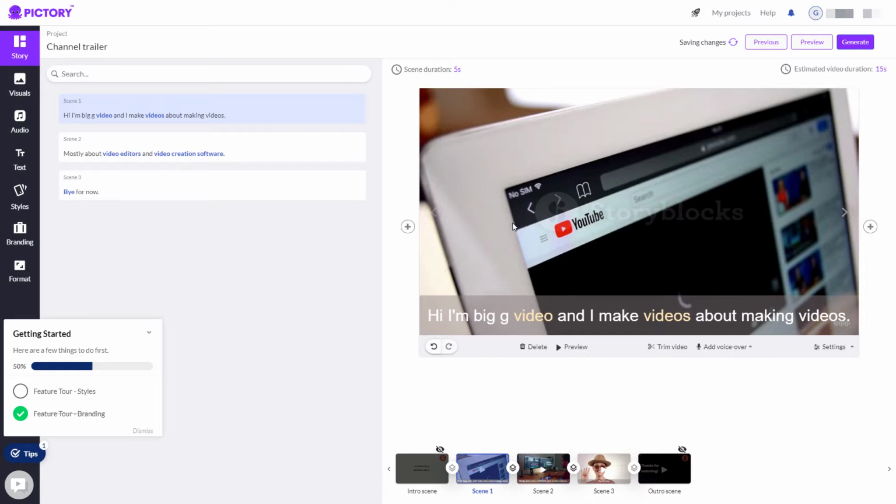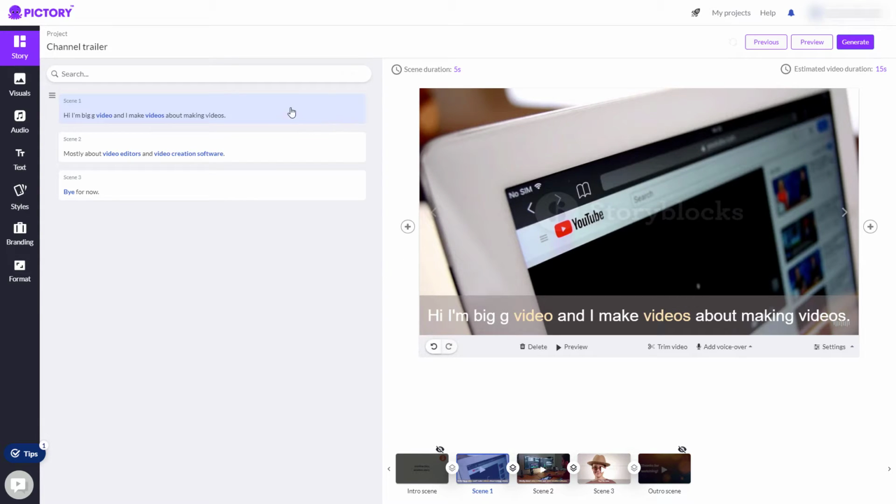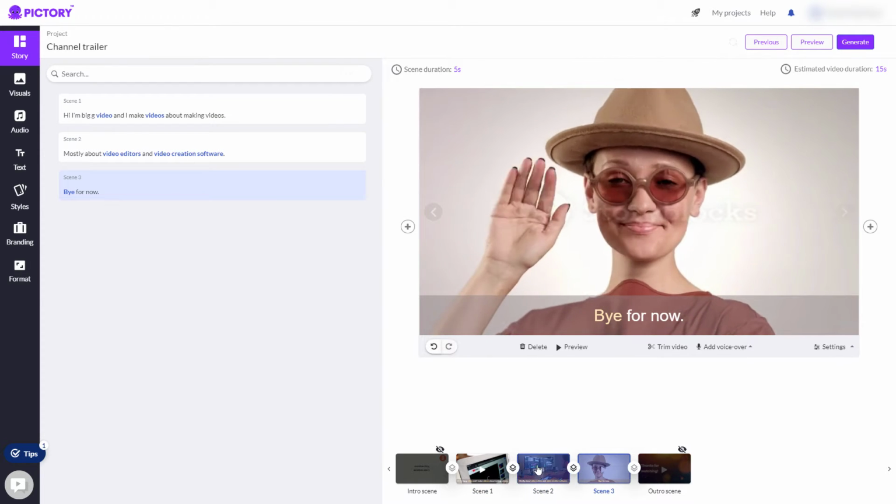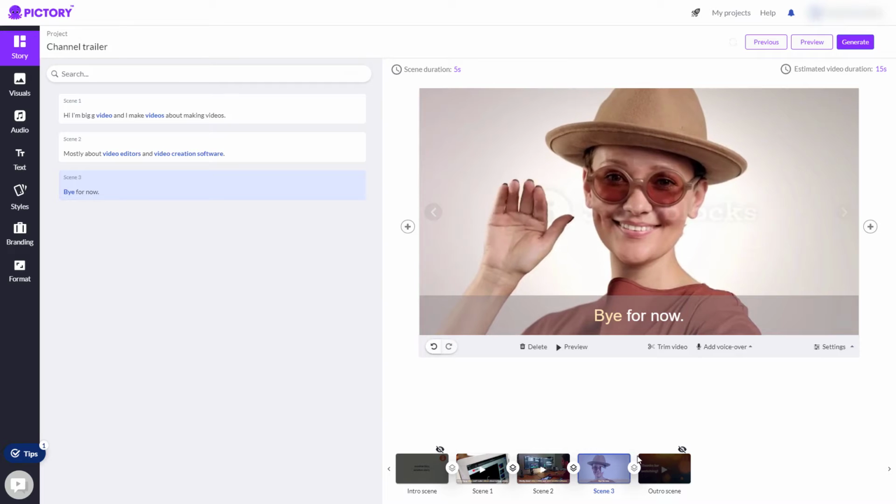So I will say Pictory AI is going to be the quickest of these softwares. So it splits the text up into scenes. It split mine into 3. It puts the text down the bottom and it finds, using AI apparently, the most suitable stock footage to go against this. So this stock footage comes from Storyblok. So you've got the biggest range of stock footage with Pictory AI. And I'm quite happy with that. That's okay. And that's okay as well. So I'm happy with all the stock footage that's been selected.